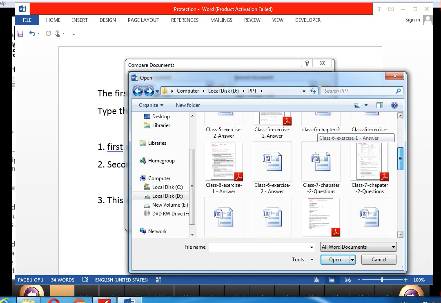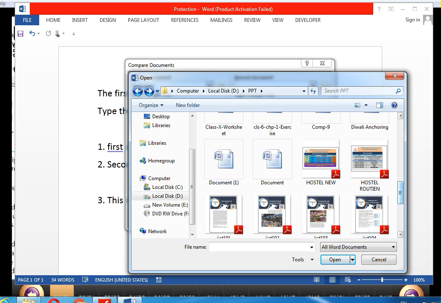Any one file we can choose. See, if we choose this file and open,